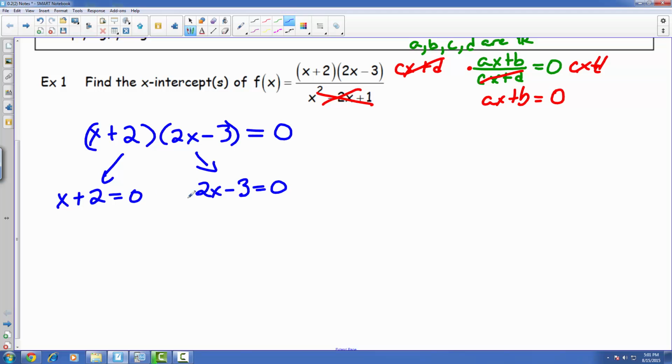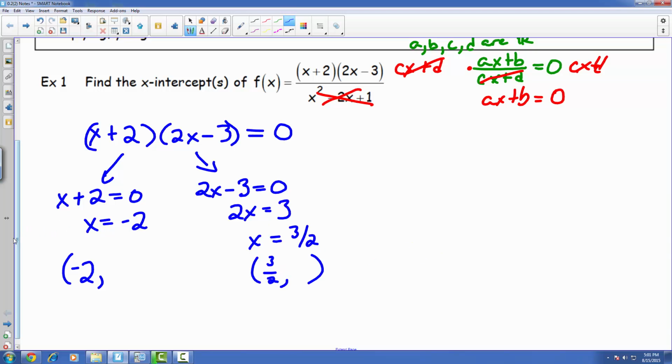And then just solving each one on its own. This one comes out to be x is equal to -2. This one over here, we'd end up with 2x is equal to 3. Divide 2 on both sides. x just comes out to be 3/2. So in other words, we should see an x-intercept at (-2, and this one, (3/2,